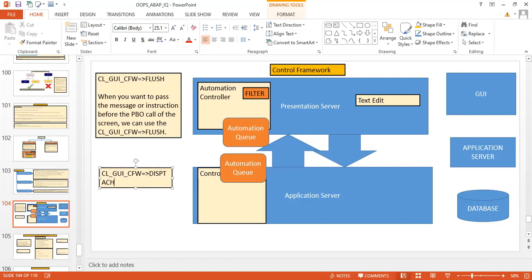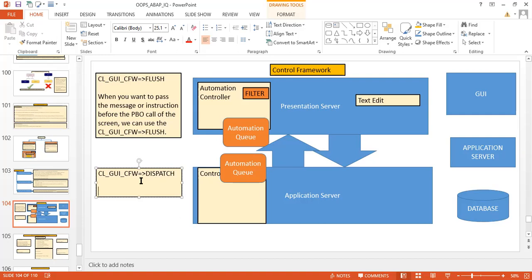Very important, and very frequently used in day-to-day module pool development. Nowadays people working in module pool are becoming fewer due to UI5 and all, but it still has significance.